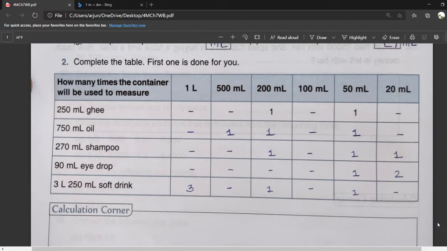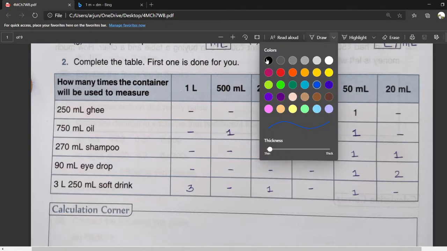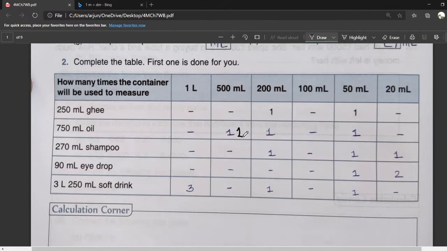Here also 2 to 3 possibilities are there. You can use one 500 ml container, two 100 ml containers and one 50 ml container. Are you getting what I am saying? See, one of 500, then two of 100 ml and one of 50 ml. Then also the total will be 750, right? 500 plus 2 times 100, 2 times 100 is 200, and plus 50 is equal to 750. So these are some of the possibilities. There can be many answers in this type of question.